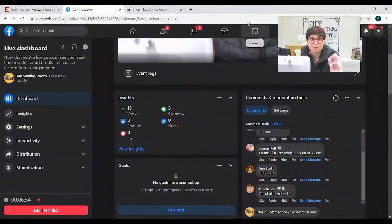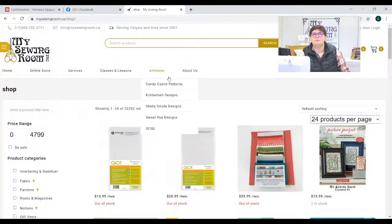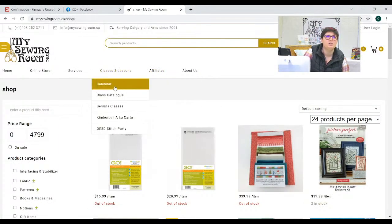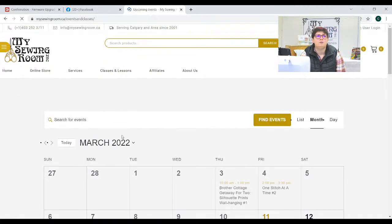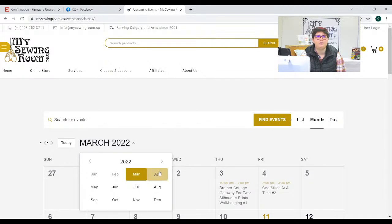Coming up, we're going to start talking April because we're at the middle of March, just about. And I need to start planning April by now so that I know what's going on and I don't accidentally double book myself. But April 6th, we have another class with Bernina. I'm just going to switch on to the website for a moment here. So coming up on the calendar,